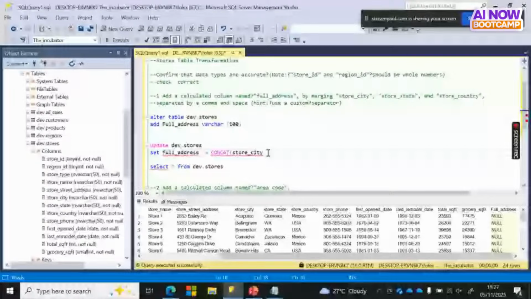Comma. We need to put a space. So put a space, then we say comma. Then we're going to say store